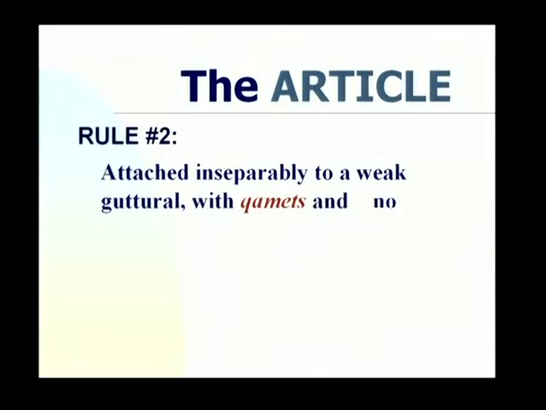Okay? Rule number 2. When you have a guttural, it changes. What's the rule of the guttural that causes it to change? Gutturals refuse to be doubled, or they refuse the doubling dagesh. In that case, you compensate for that rejection by heightening the pathach to a qamets. The pathach is the short A-class vowel, and the qamets is the long A-class vowel. So with a noun like ir, pronounce it, which means city, it becomes ha'ir, the city.